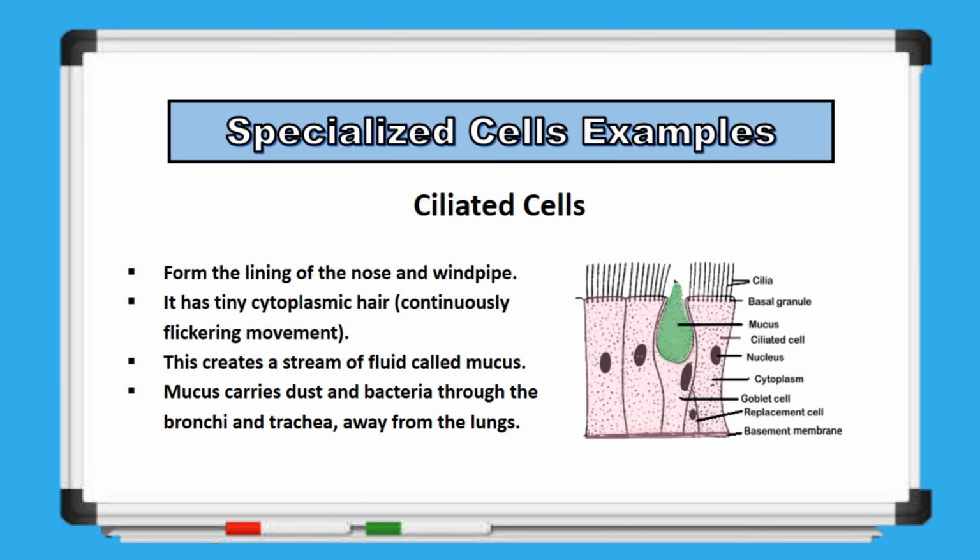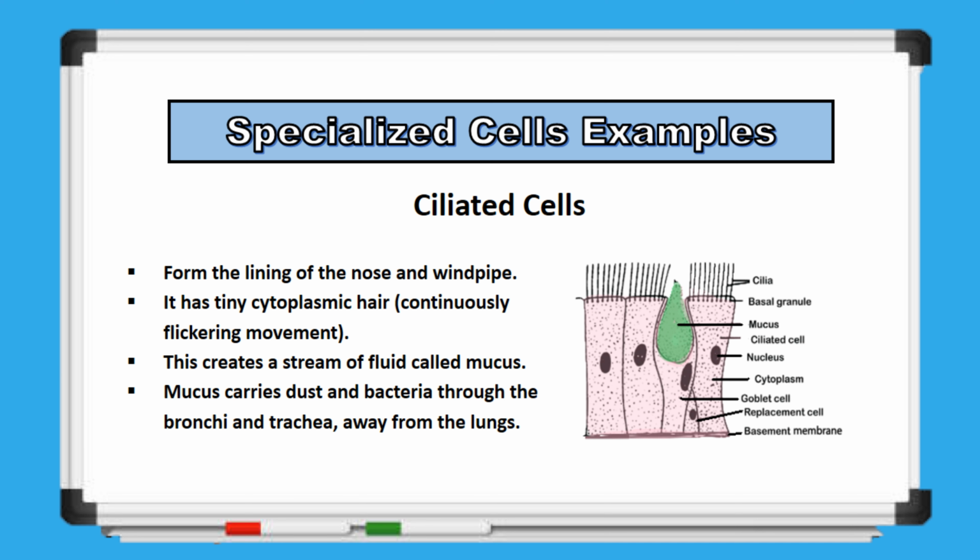The first example is ciliated cells. Ciliated cells, found in the lining of the nose and trachea, are specialized for their role in the respiratory system. They have hair-like cilia that move in a wave-like motion, creating a current that moves mucus along the cell surface. This action helps clear mucus, which traps dust, bacteria, and other particles, preventing them from reaching the lungs. The cilia transport the mucus-filled debris through the trachea and bronchi, expelling it or swallowing it to protect the lungs